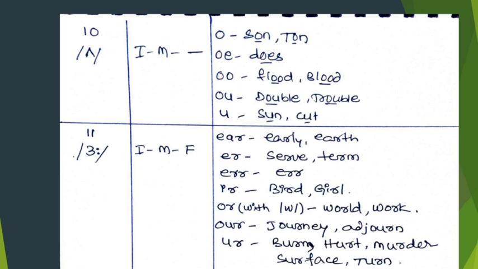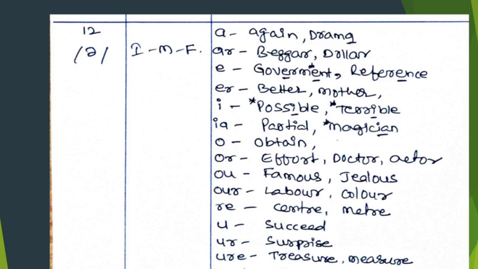You see, B-U-N, this is bun, the first sound. But burn, somewhat long. Now this is represented with many spellings. With A as in again, with AR as in beggar, with E as in government,